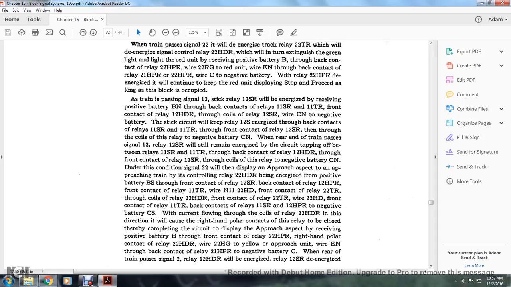through the coils of relay 12 SR with the wire CM to the negative battery. The stick circuit will keep relay 12 SR energized through the back contacts of relays 11 SR and 11 TR, through the front contact of relay 12 SR, through the coils of the relay to the negative battery CN. When the rear end of the train passes signal 12, relay 12 SR will still remain energized with a certain tap between relays 11 SR and 11 TR through the back contact of relay 12 HDR, through the front contact of relay 12